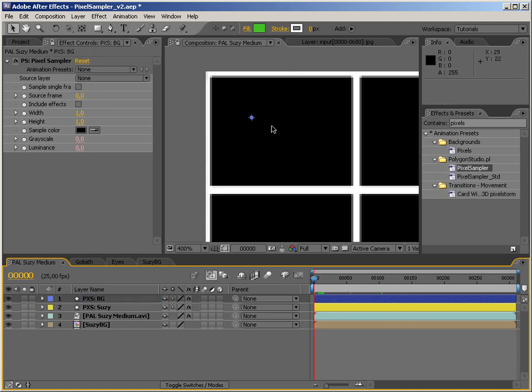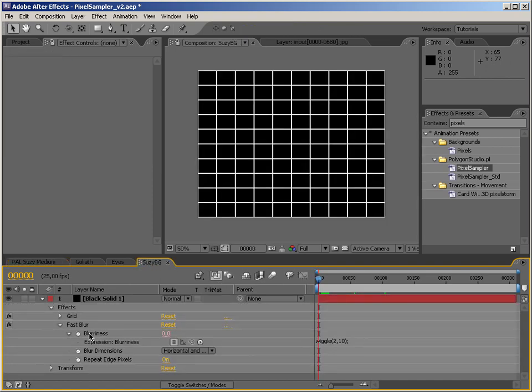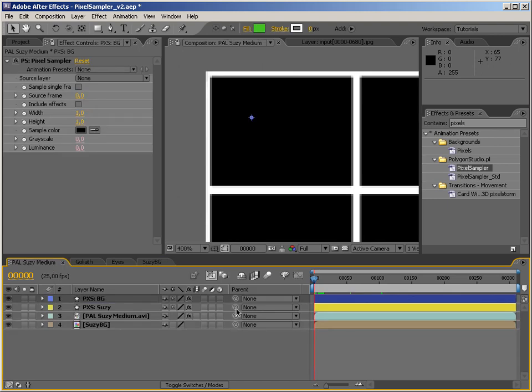So what we are trying to do is that we are trying to find the maximum and minimum values of the blur filter that is happening in the Suzy BG layer. Of course, we could go to this layer because we have the blur filter applied in here and we could check the values, but we remember that we are simulating some circumstances that may happen when you're shooting or when you're compositing, you know, something for real, right? And then you wouldn't have the blurriness value. So let's just